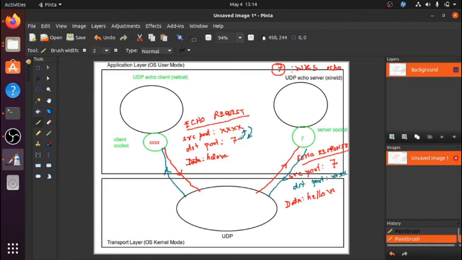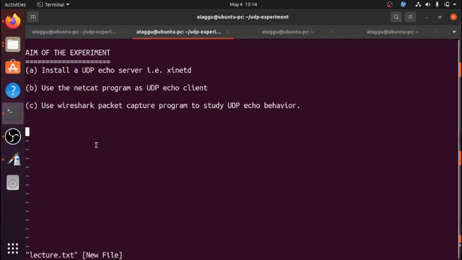Okay, so now this is what we want to do. We have already drawn the picture, and now we want to actually install or actually try out each of them. So first let's go and install XINetD, the echo server. So you take a command prompt. Okay, let's take a command prompt, and the first step is step number 1.